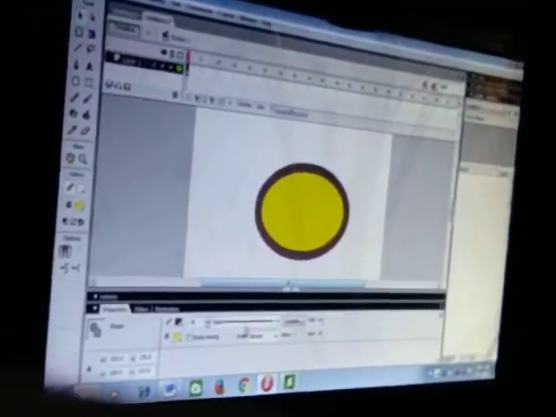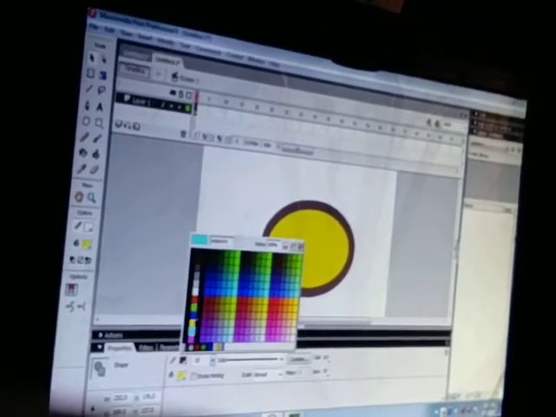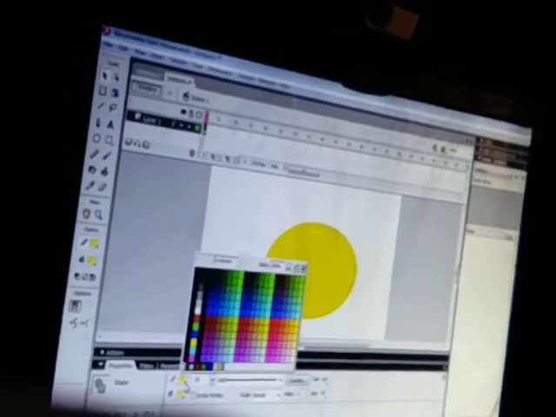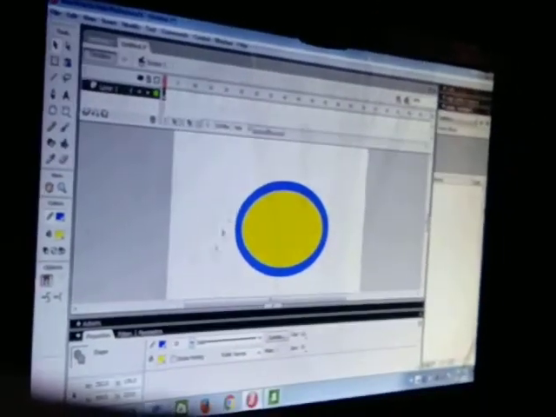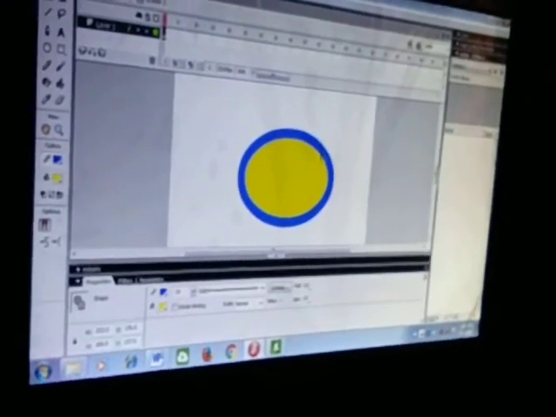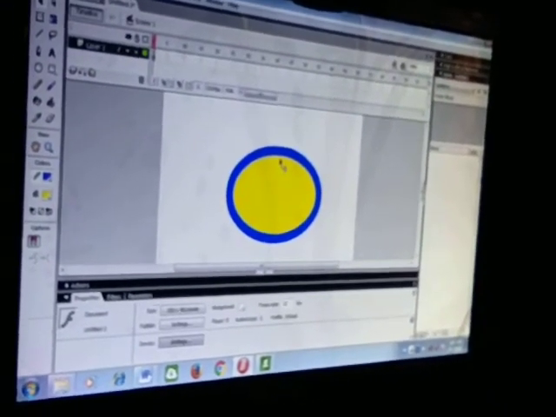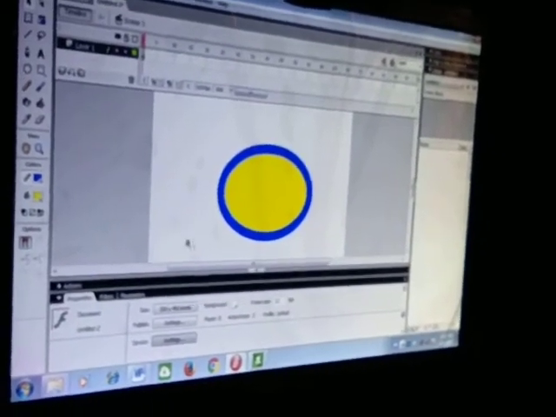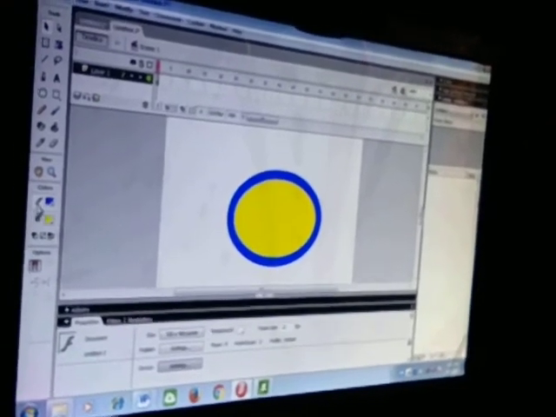Select all and then go to color, select, it's a blue color. So you can see that the outline of the image is given blue color. So this color can be changed with the help of stroke color. Okay, so this one is a stroke color.